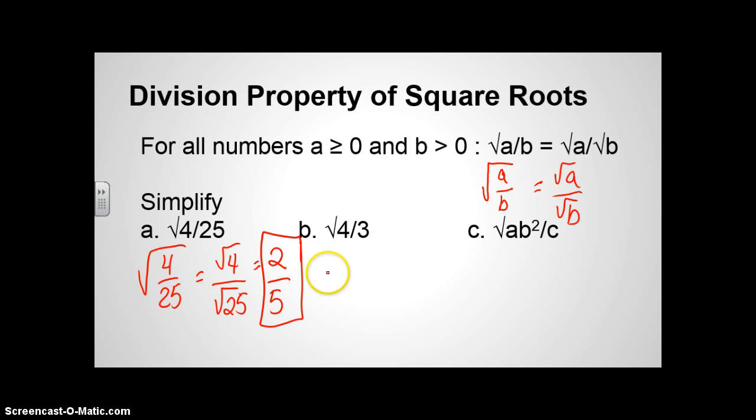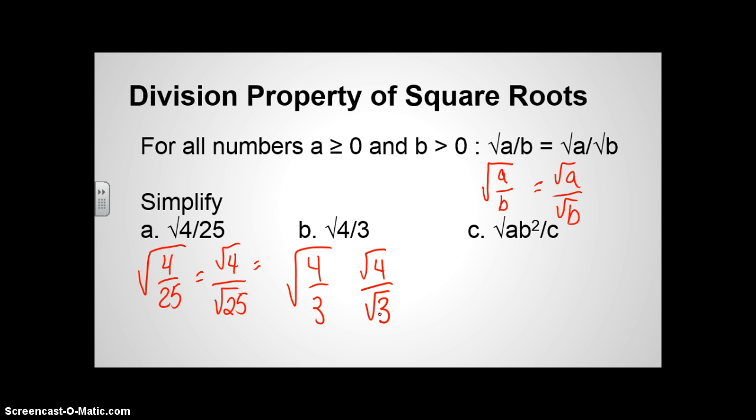Let's look at B. Let me erase this. B says we have the square root of 4 over 3. So think of it like this. The square root of 4 over the square root of 3. Now 4 is a perfect square number, which is going to give me 2. But notice we still have the square root of 3 here on the denominator. You cannot